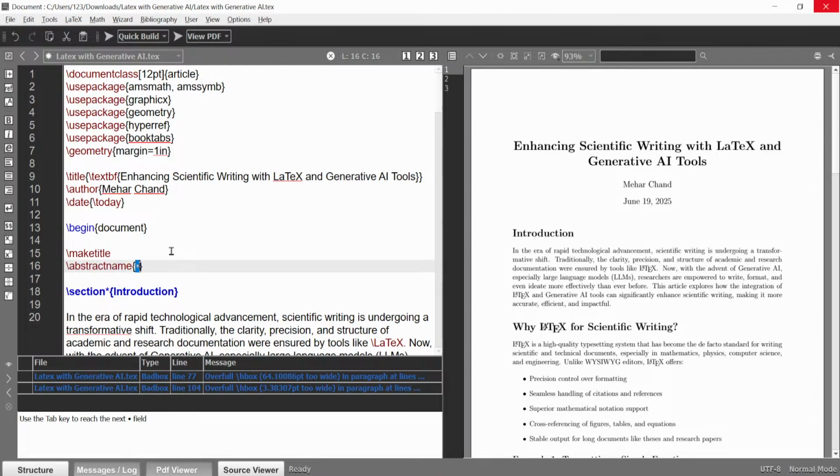Okay, so inside the bracket where you can see the abstract, you will add your abstract in the space. Add the abstract detail here. Okay, so when you execute,